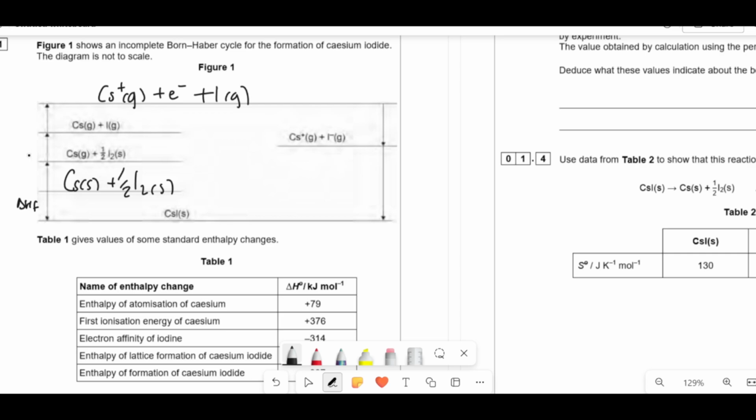Here we're going from cesium to cesium gas, which is the enthalpy of atomization of cesium, and then here we're going from I2 solid to I gas. It's the enthalpy of atomization of I2. Here it's the first ionization energy. Here we're going from iodine gas, like atoms gas, to I minus gas, so that's going to be the enthalpy of electron affinity for I. And then here we're going from gaseous ions to solid ionic lattice, so that's the lattice enthalpy of formation. It's just really important to recognize those because the definitions play a key role in what you're doing with these